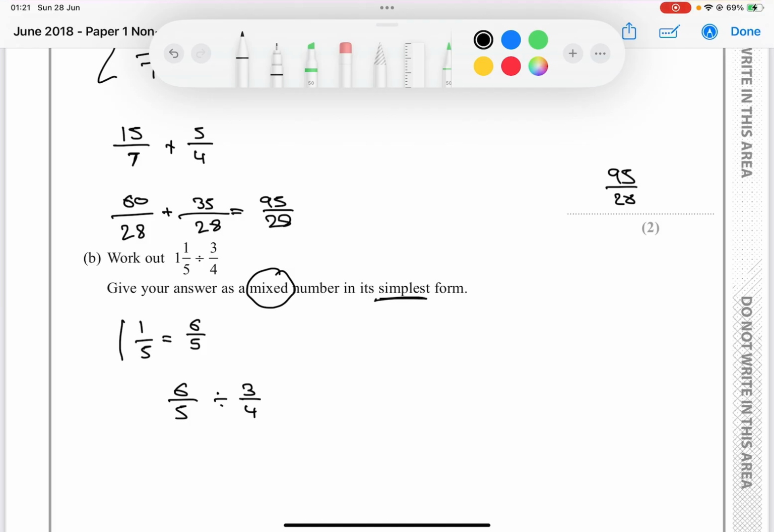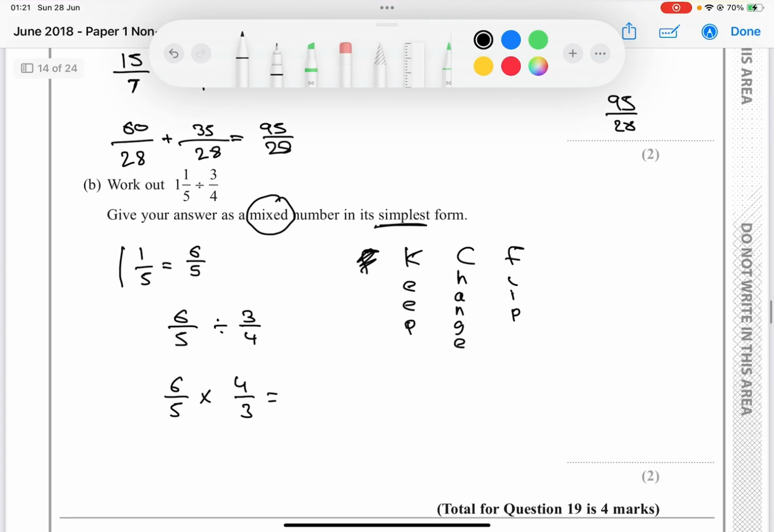Now, when it comes to dividing fractions, remember we have a little kind of acronym, KCF. So we keep the first fraction how it is. We change the operation, so we're going to change it from division to multiplication in this case, and then we flip the second fraction, so it's 3/4, so that just becomes 4/3. Okay, now we can multiply,